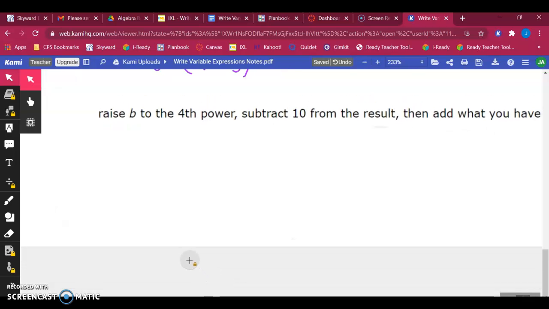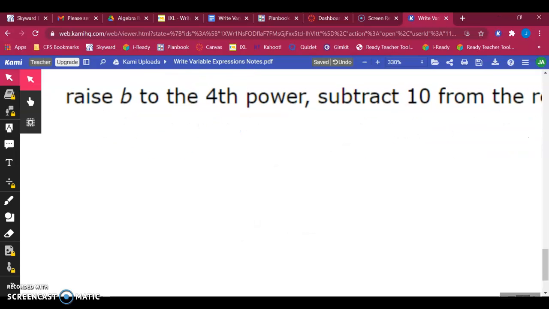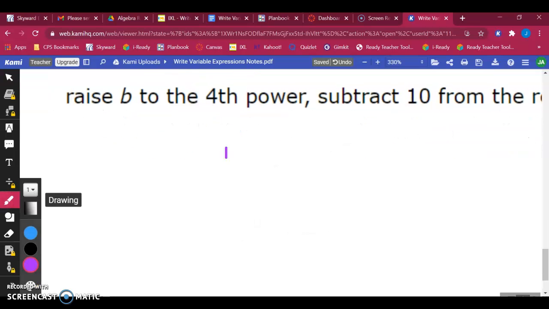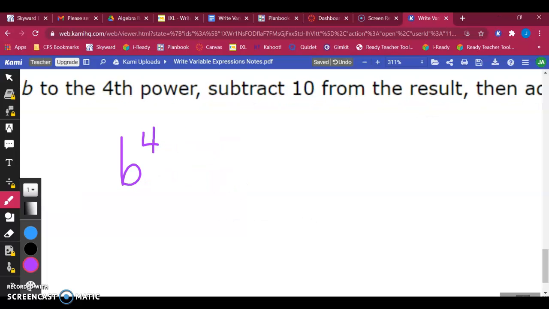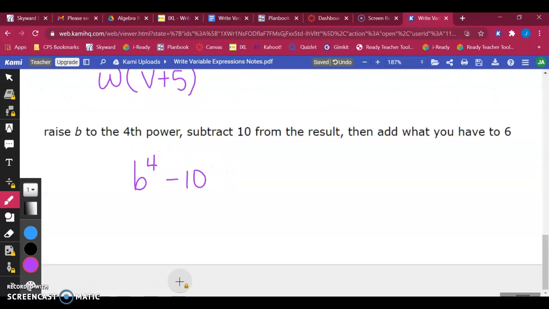So last one here, raise b to the 4th power is the first thing. So we're going to have b to the 4th power, subtract 10 from the result. So we're going to minus 10 from that. Then add what we have. So that tells us we better do that first. We have to add that to 6. So then we're going to do plus